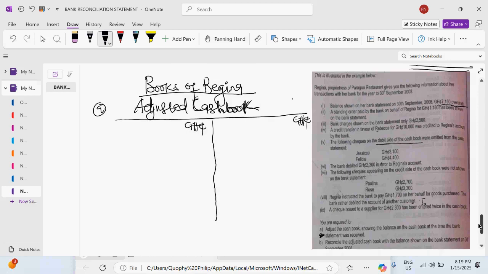And standing order. Standing order, we already know it will come here. No need to think about it. So the more you solve questions, you know that standing order must come here. And the amount is 1150. But before that,